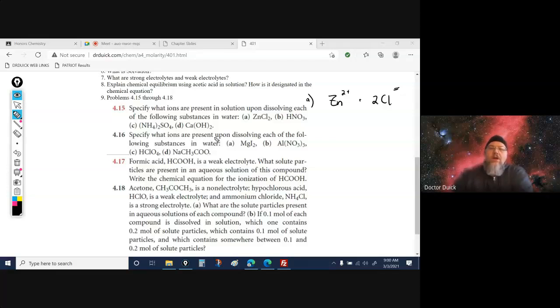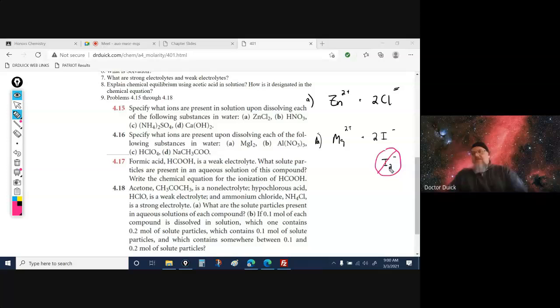What ions are present upon dissolving the following? It's the same thing, right? So this is A for this one, which would be Mg 2 plus and 2I minus. I'm writing it like this because we're going to use it like this later on. Okay? You don't want to do it like this. I'm going to do the international no symbol through it, right? You don't do this. All right, let's do this. Let me grab this thing. You don't want to do it like that,